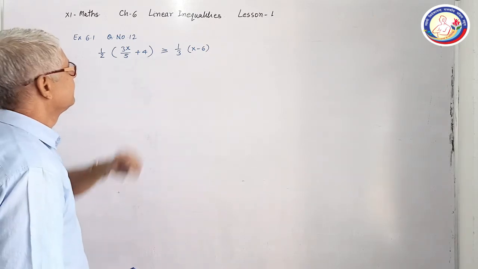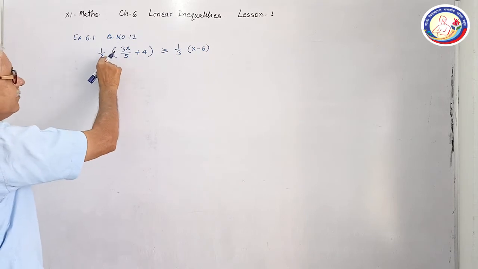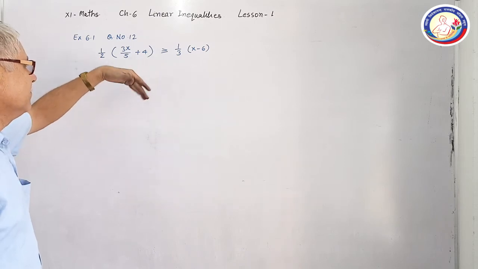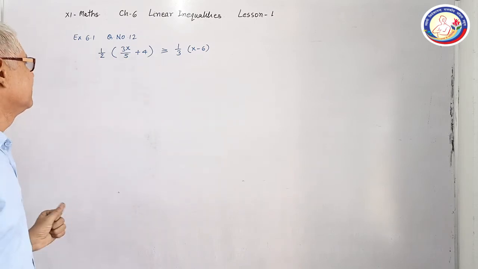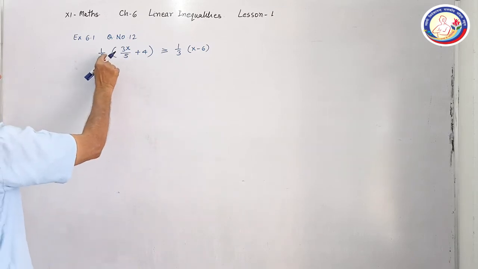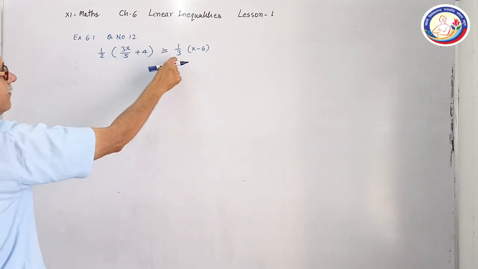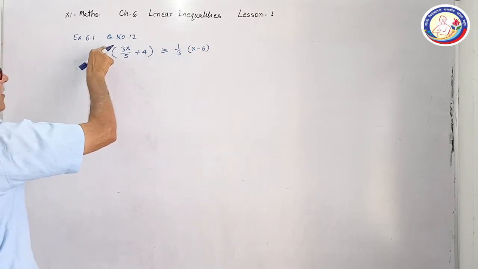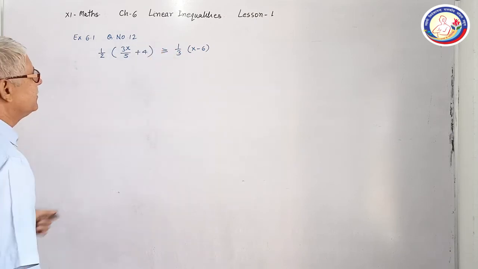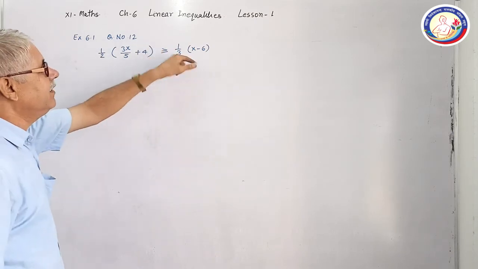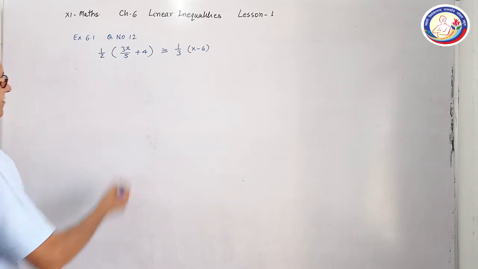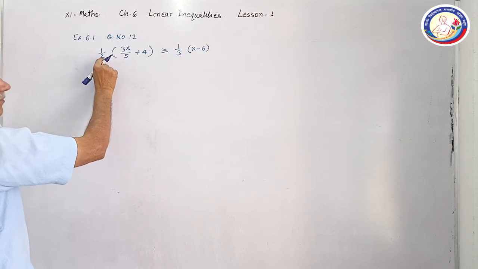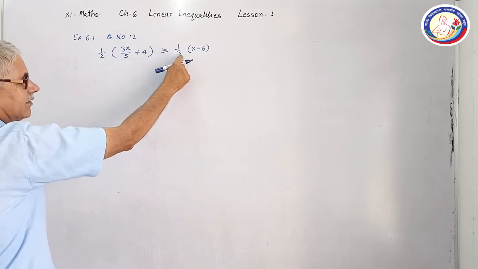Now see this. Here you have 1 by 2 and here 1 by 3. We can solve it in different ways. You can multiply 1 by 2 by these two numbers and 1 by 3 by these two numbers, or you can multiply both sides by 2 and 3, that is 6, and 2 and 3 will be eliminated from the denominator. So what I am doing, I have to remove this 2 from the denominator and 3 from this side's denominator.